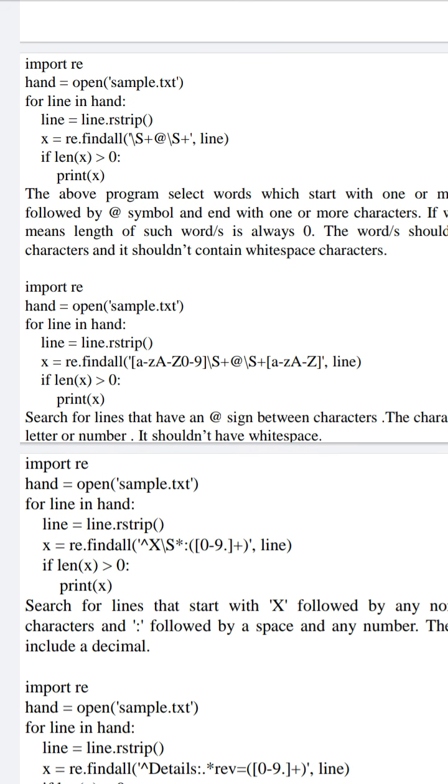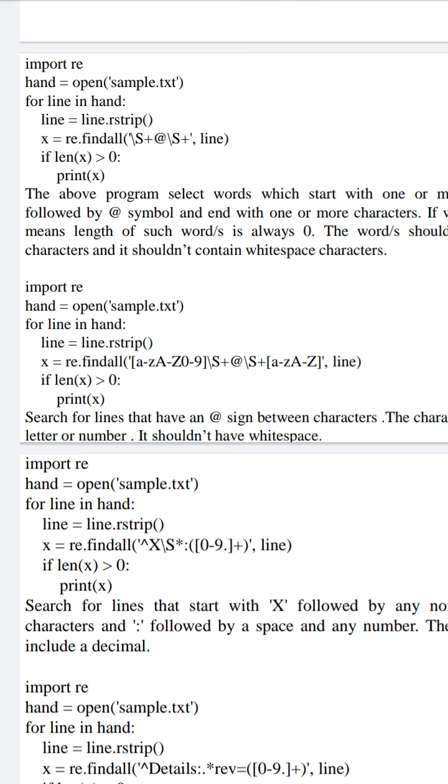Next, here we are again opening sample.txt and we are assuming that it is part of our current directory, applying the rstrip function on the line to remove the new line character. Again we are finding \S+@\S+. It is similar to our previous example.